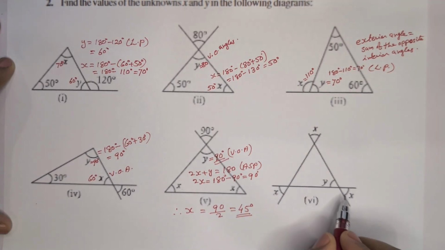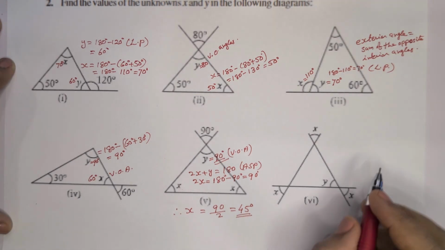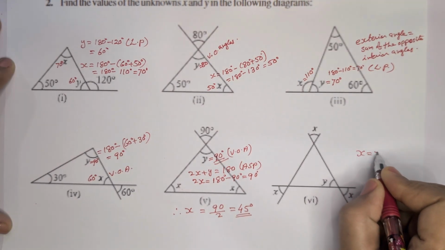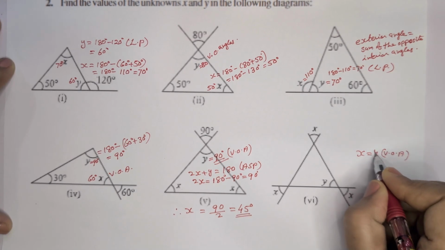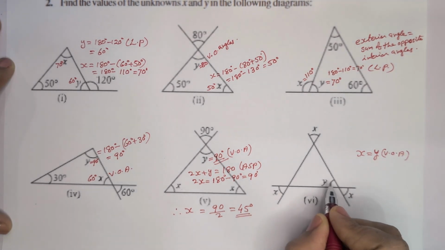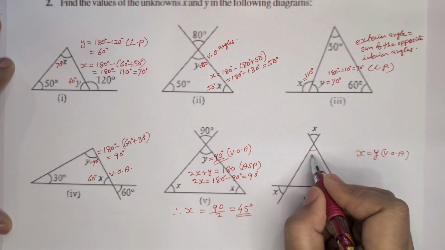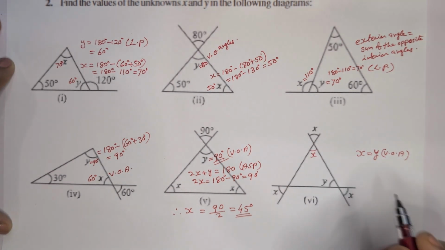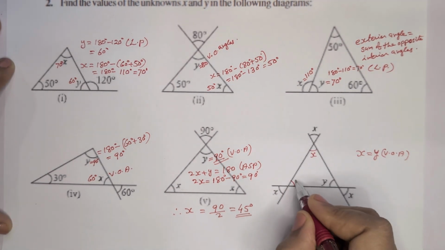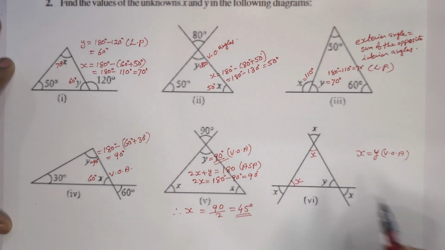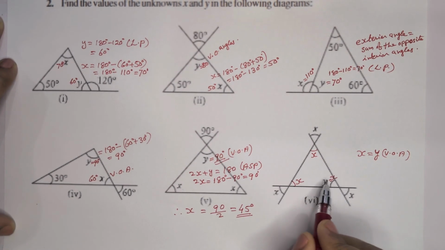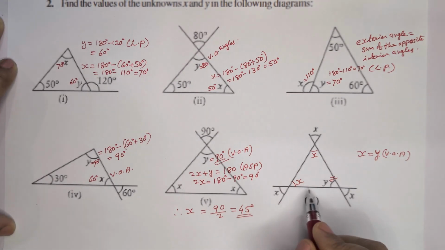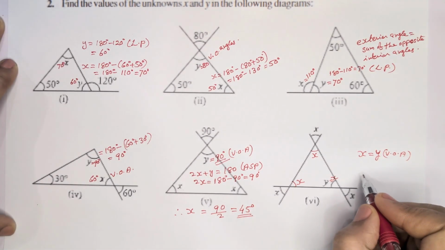Here in the figure, x is equal to y, vertically opposite angles. We can write x is equal to y, vertically opposite angle. So we can write this also x. And here these vertically opposite angles are equal, so x. This also, vertically opposite angles are equal, so x and x both. Here y is equal to x. So all three interior angles in that triangle we are getting as x.